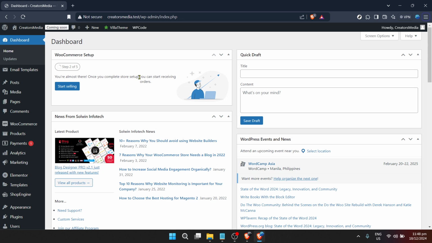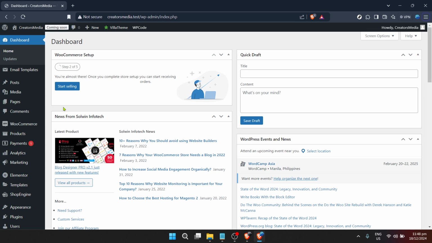First things first, let's dive into the initial step you need to take, accessing your WordPress dashboard. This is where the magic begins. The WordPress dashboard is essentially the control center for your website, giving you access to all the tools and settings you'll need to manage your online presence. Once you've logged into your WordPress site, you'll find yourself on the home page of the dashboard. From here, you have a bird's eye view of your site's activities, updates, and performance metrics. It's also the starting point for our task today.